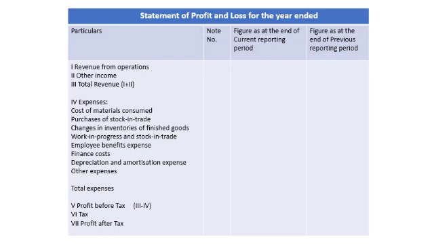Then you have to make the total, and then point number 3 is listed with the expenses, the cost of materials consumed. The cost of materials consumed means the cost of raw material, and the other items will be entered here. How will you calculate it? The opening inventory plus purchases minus closing inventory. In the same manner, purchase of stock in trade will be there. Stock in trade means the goods purchased for the purpose of reselling.